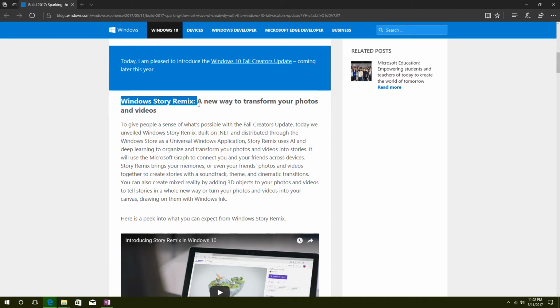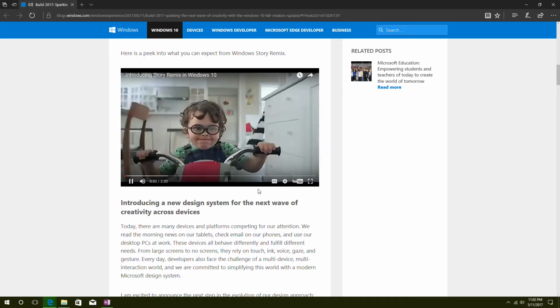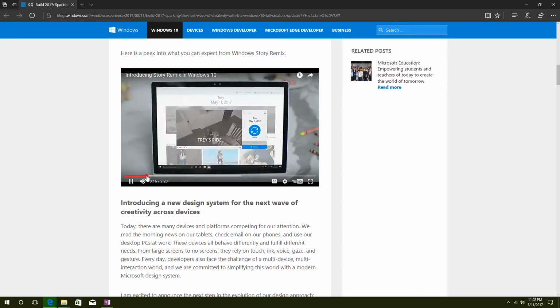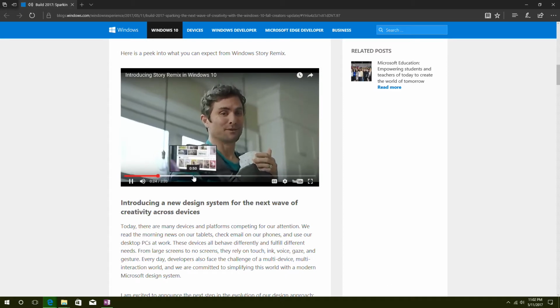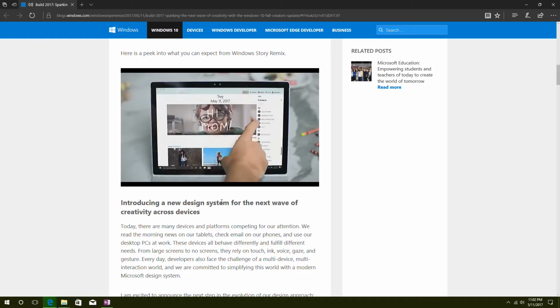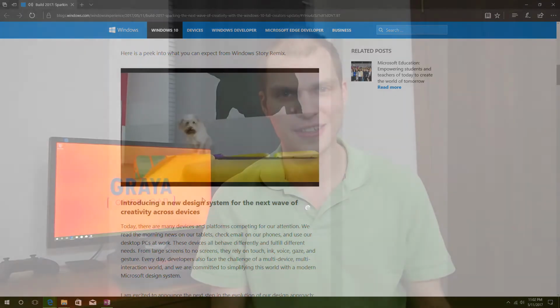And the first one is the Windows Story Remix. So this is like a video creator. It kind of transforms your photos and videos is what they describe it as. And watching the video, I thought it was kind of cool. I think that my kids are going to have way more fun with it than I'm going to have with it, because they can do kind of like 3D things like mixed reality stuff and transform and write on the video while it's playing and change it up. I think that's really cool. I think that I can even take some of the stuff that they have there and make it a part of a YouTube video or whatnot. And I think that there's value there. So I'm really excited to get my hands on this and test it out and see how well it actually works.